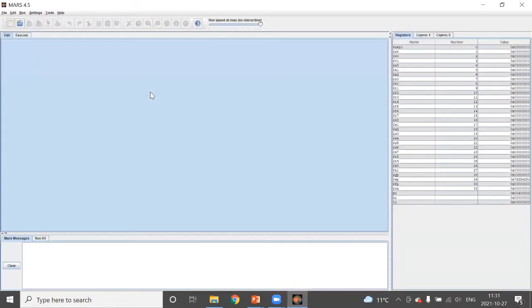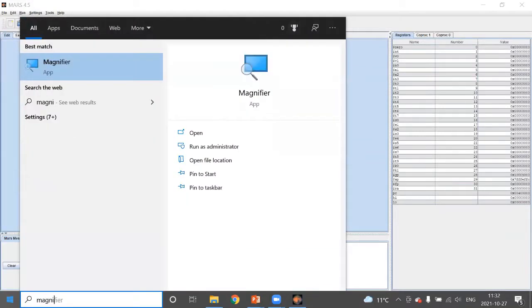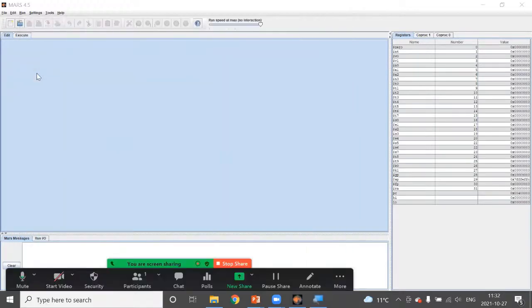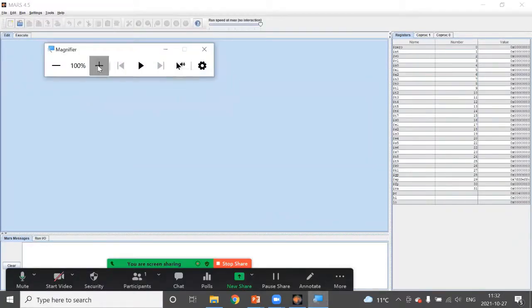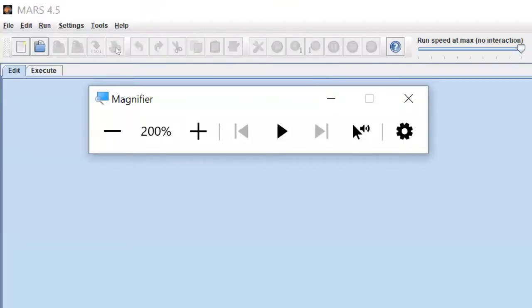Its font is very small. I tried several different ways to make it bigger, and I even checked different forums where people had the same problem, but I couldn't manage so far. So I am going to use a magnifier to show you better how it looks. So you see here,